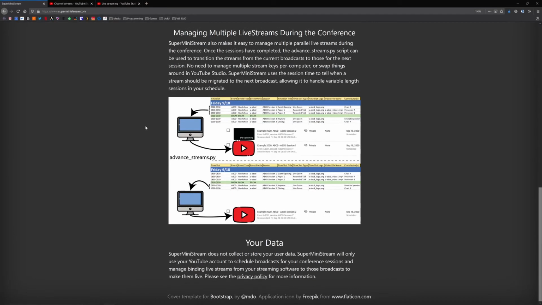So the next thing that SuperMiniStream helps people with is managing multiple live streams during the conference. So you might have maybe just 2 parallel streams running, or maybe up to 8 or 10, kind of whatever YouTube can support. And if you have multiple people running these streams on different computers, and also a Zoom meeting that they're hosting, it gets quite complicated to manage moving these streams between the different YouTube broadcasts that you're sending them to. So the next thing that SuperMiniStream provides is this advanced streams.py, which basically takes your schedule